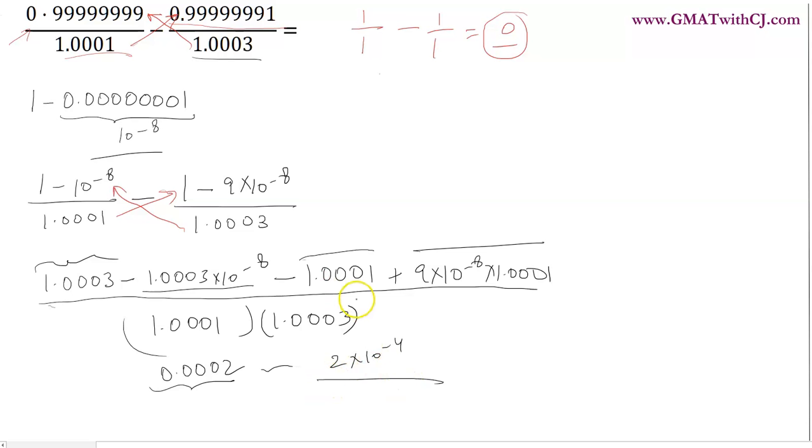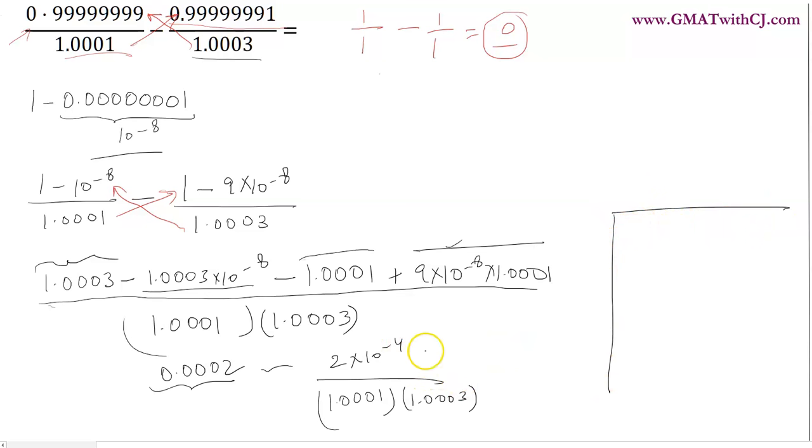So when I did this question, I just ignored it for the time being. For the time being means that, okay, unless and until the answers are very close to each other, I'll not bother about this. Okay, and then I have in the denominator 1.0001, 1.0003, and then I look at the answer options.